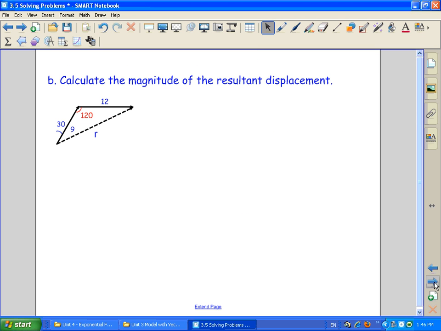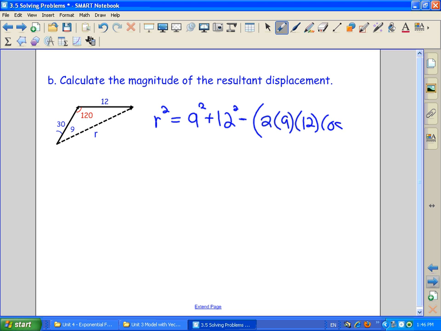All right, so that same diagram, folks, we just need to get our resultant. I've just narrowed in on the triangle we're focusing on. And we're going to find r. So r squared, again, pull out your trigonometry, equals 9 squared plus 12 squared, subtract 2 times 9 times 12 times cos of that given angle, 120 degrees. Now be careful, folks. Make sure your calculator is in degree mode. It's probably been a while since we've looked at that. Do some simplifications here. You're going to get r squared equals